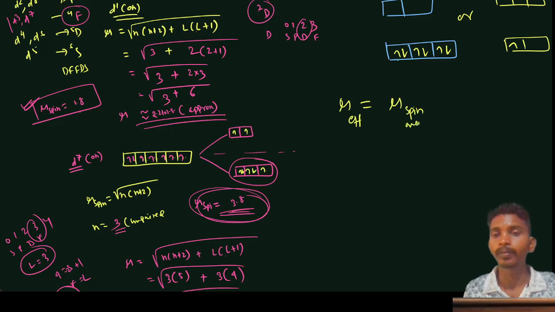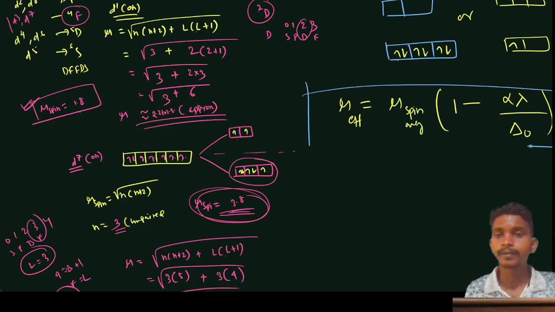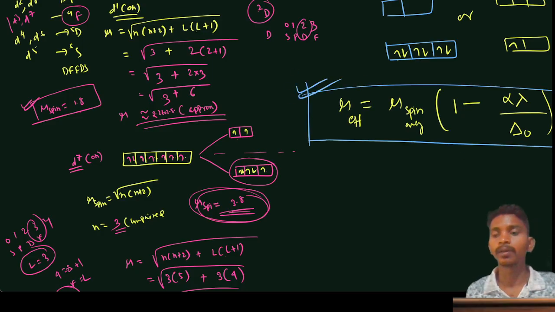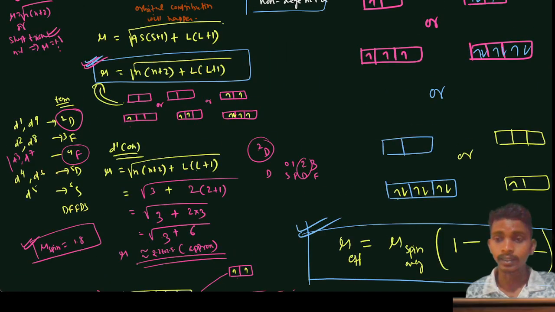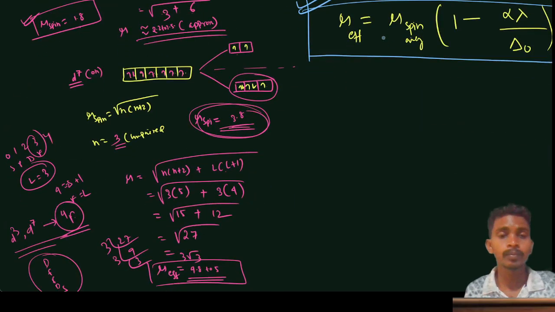Spin only magnetic moment, that is 1 minus alpha into lambda upon the splitting energy. Okay, this is the magnetic moment formula if it is doubly degenerate or non-degenerate. Then what is the spin only magnetic moment? We know that we calculate it by the square root of n into n plus 2. Okay, and this is 1, and the alpha value is,